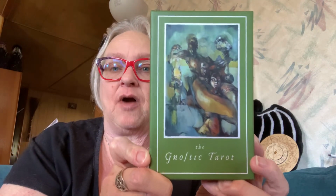Okay, so I got the Gnostic Tarot. Now, this deck comes from my friend Chris Leach, who is like a master of tarot. This guy has made some absolutely incredible decks. My first deck from him was the Golden Age of Hollywood Tarot, where it's movie posters as tarot cards. He has done the Hitchcock, the Shakespeare, the Charles Dickens, and he's done the Beatles Tarot,